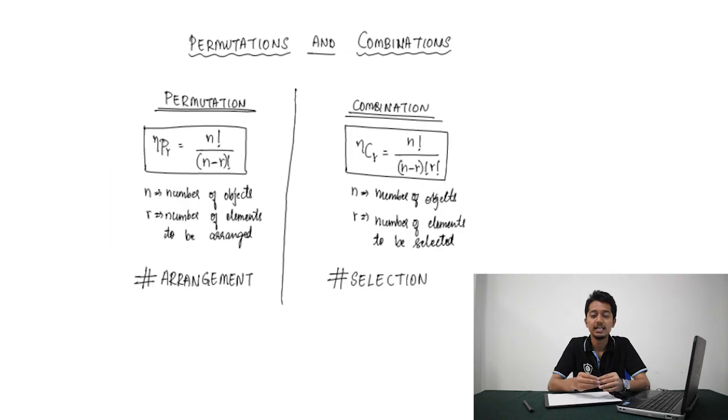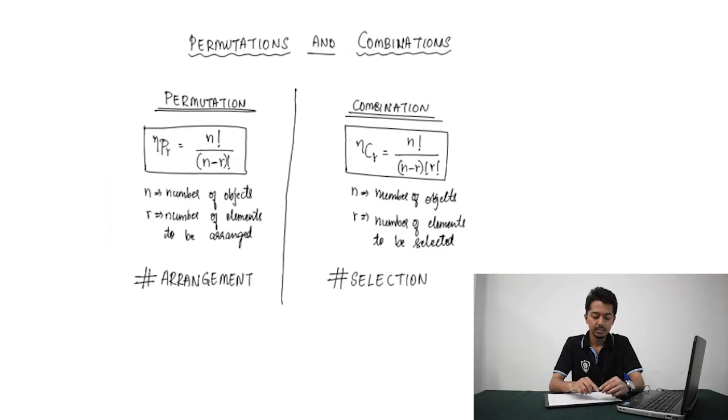In this video, we will be discussing an aptitude topic called permutations and combinations. To say in simple words, if the question has arrangements in it, it is considered as permutation, and if the question has selection in it, it is considered as a combination kind of problem.